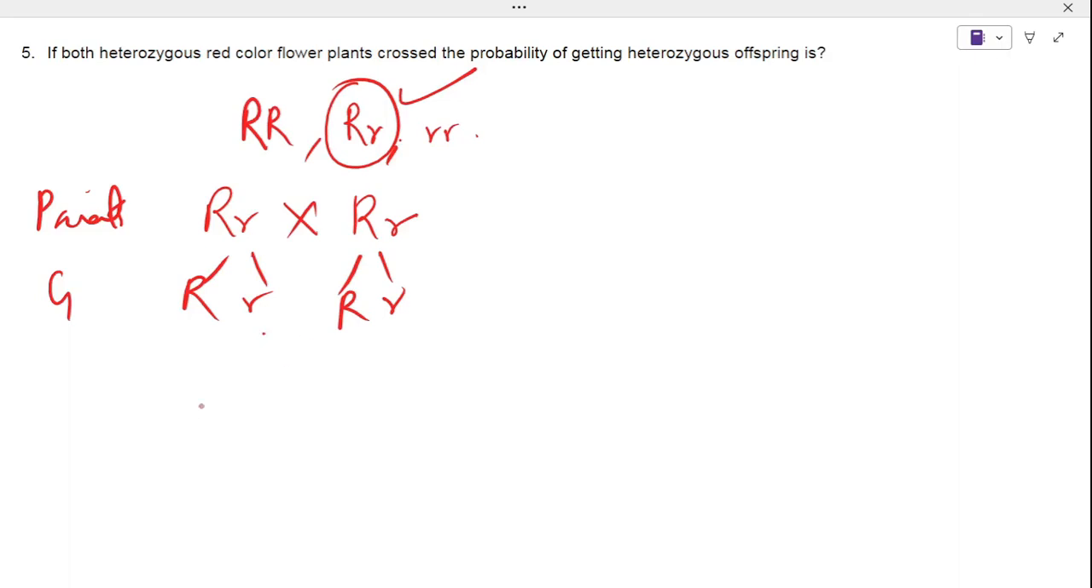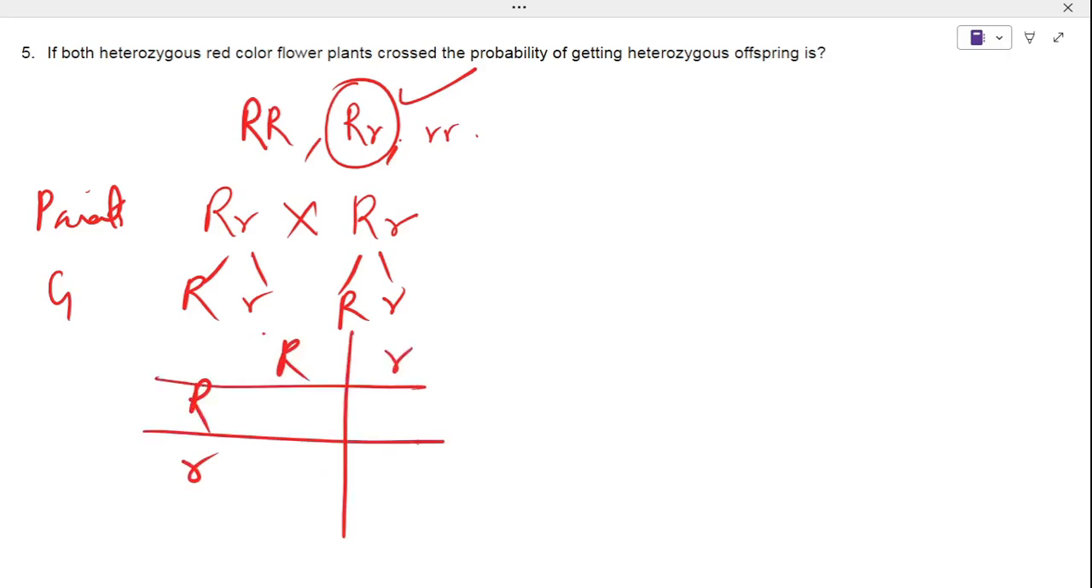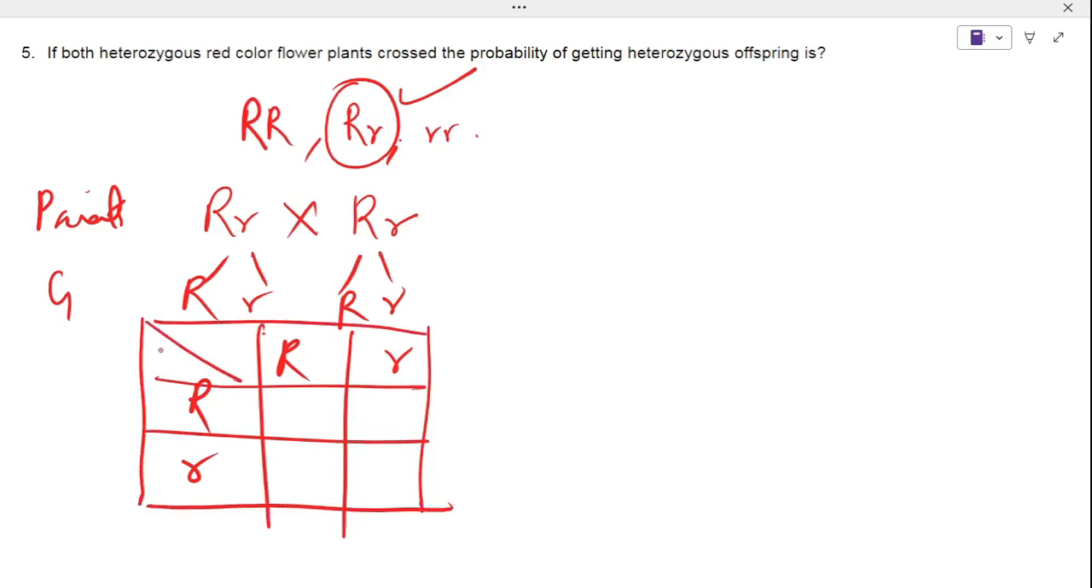Then it will give heterozygous offspring. We'll write it in a Punnett square, capital R small r cross with capital R small r. You need to write all those things in genetic problems. In examination, if you skip the steps here, they will reduce the marks. Because of that, you need to write female, this is male, gamete, F1, like that. This is capital R, homozygous red, capital R small r, heterozygous red, capital R small r, heterozygous red, small r